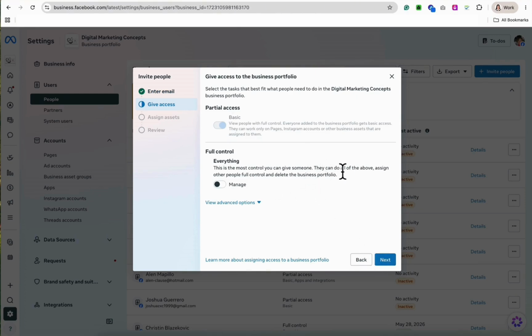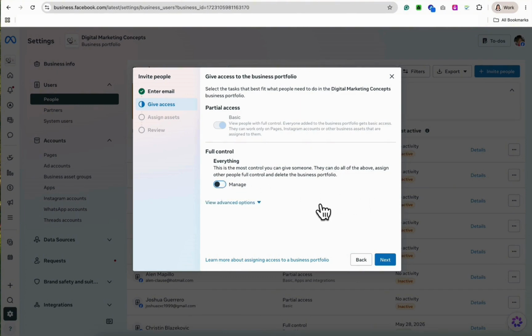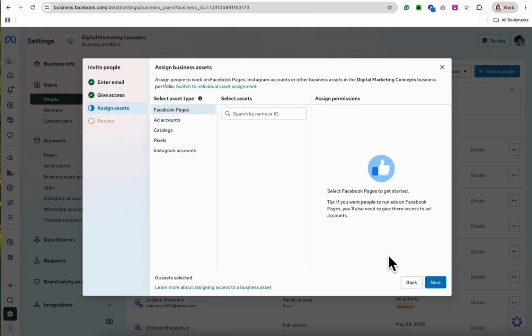Everyone added to the business portfolio automatically receives basic access, which allows them to access the assets and permissions assigned to them. If needed, you can also enable full control, which gives the user complete access to manage business settings, assets, and permissions. Once you're ready, click next